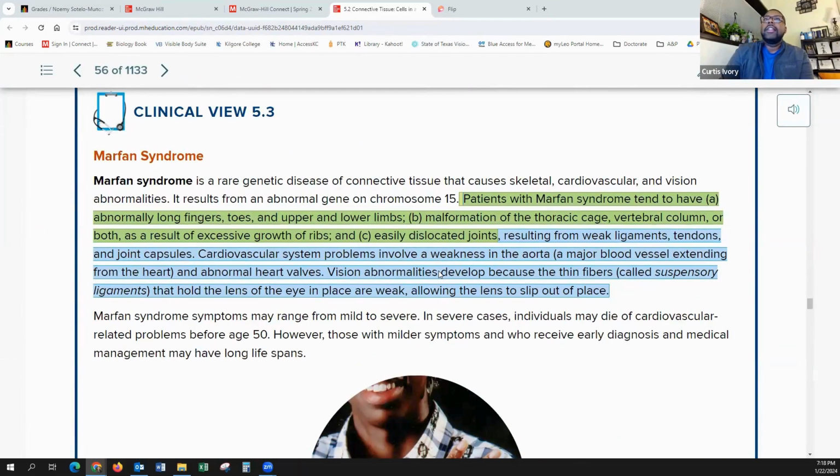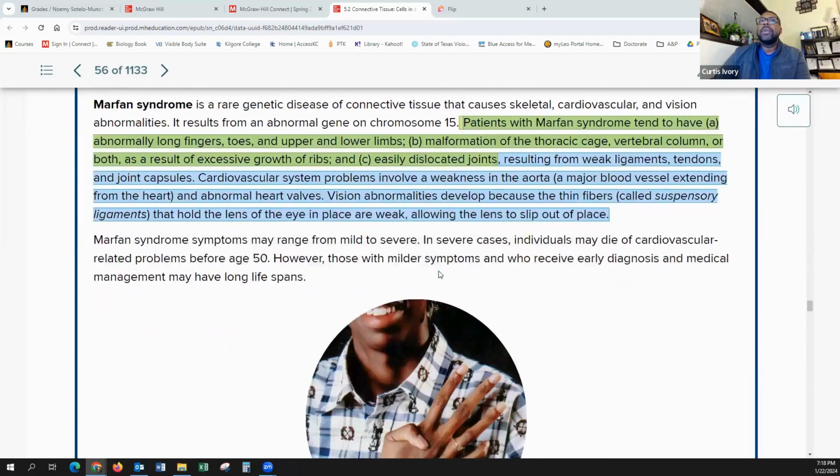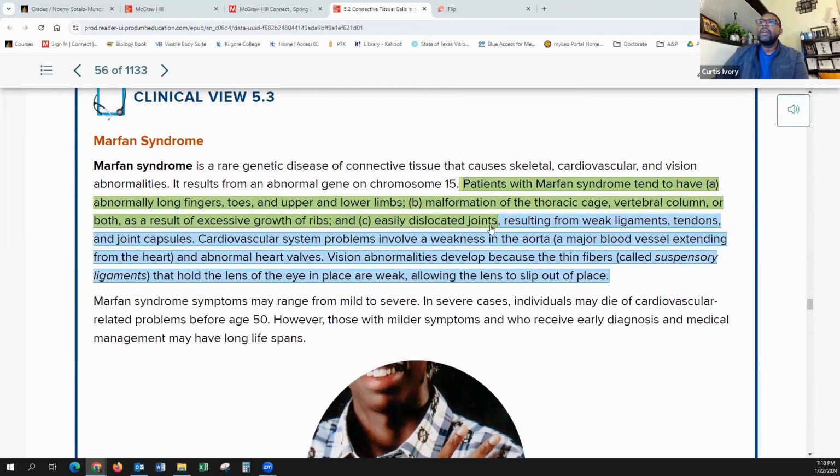So, looking at this clinical view, we have what's called Marfan syndrome. Patients that have this syndrome typically have longer fingers, toes, and upper limbs. They also have malformation of the thoracic cage, which would be your ribs and the vertebral column, as well as excessive growth of the ribs, and will have an easier time dislocating their joints. This results from essentially affecting cartilage or connective tissues, which is going to cause a lot of issues,